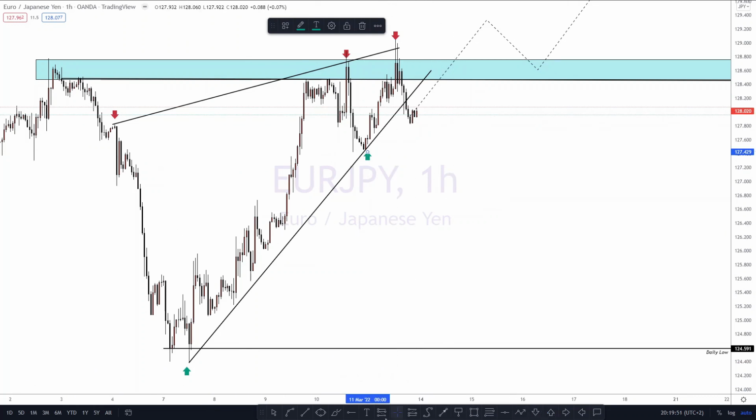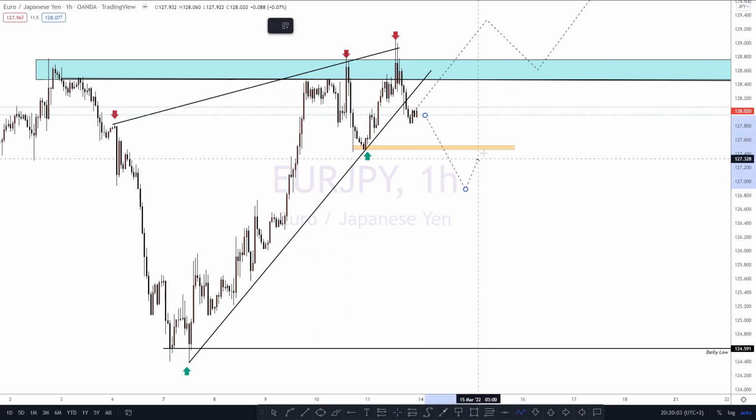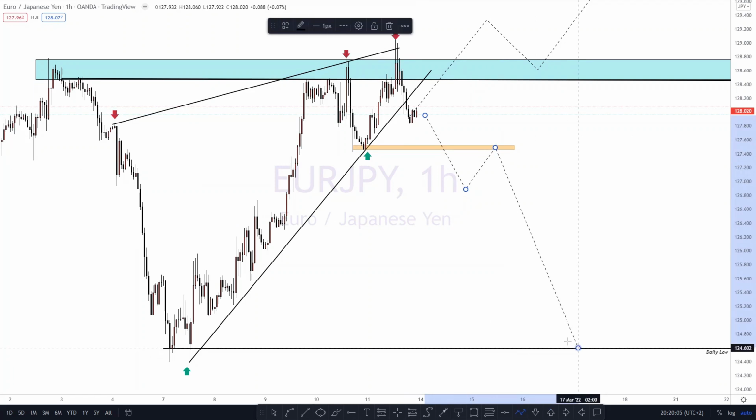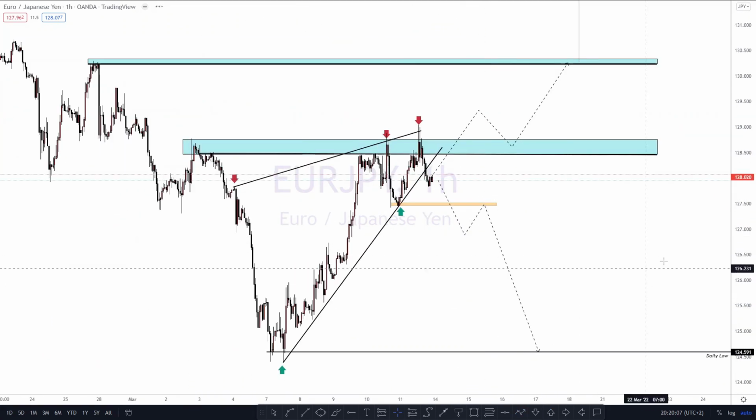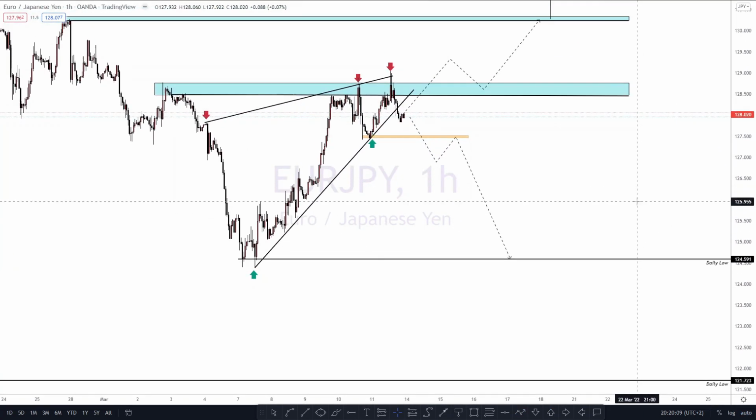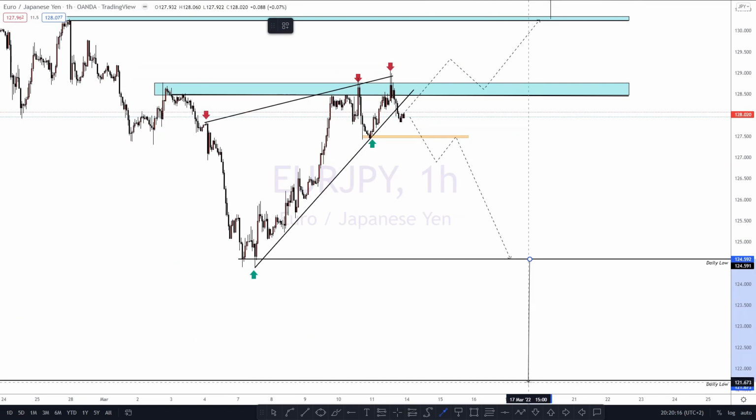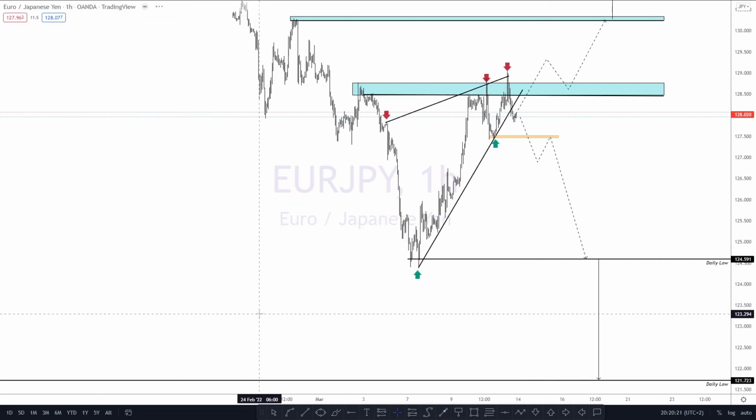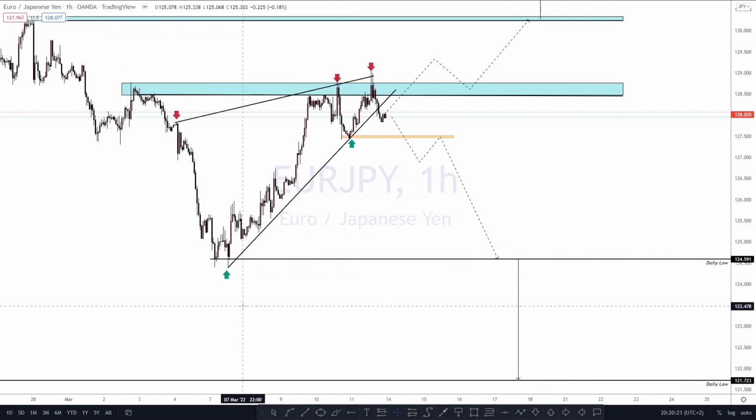But what matters the most to me is the higher low, which is just here, which I would want to see being broken before I even enter the trade. So how would I want to see the trade going down? I want to see the price breaking with testing and then coming down here. And if it does break below there, then what I'll be looking forward to is price breaking that and to the downside. And that's the only thing I'll be looking forward to, and nothing else. And then that's it for your JPY.